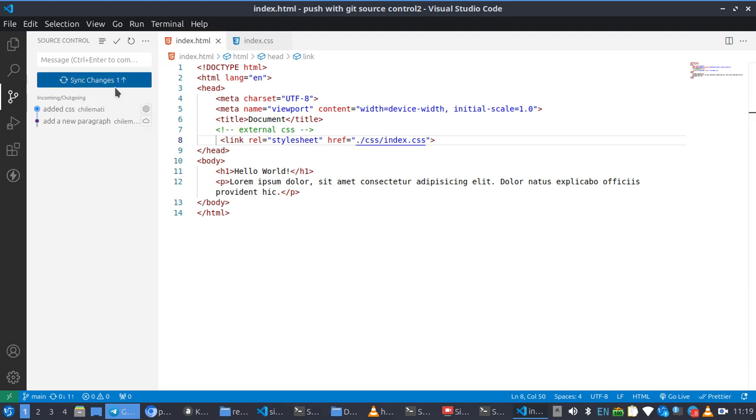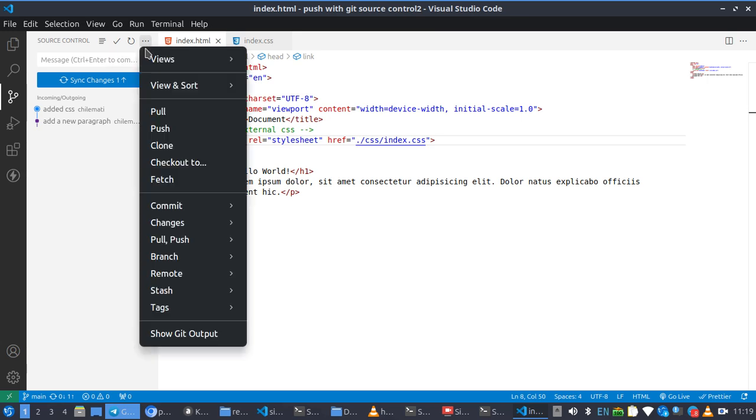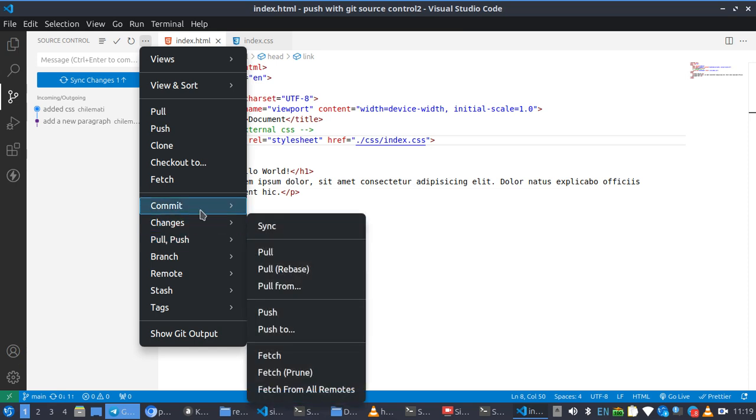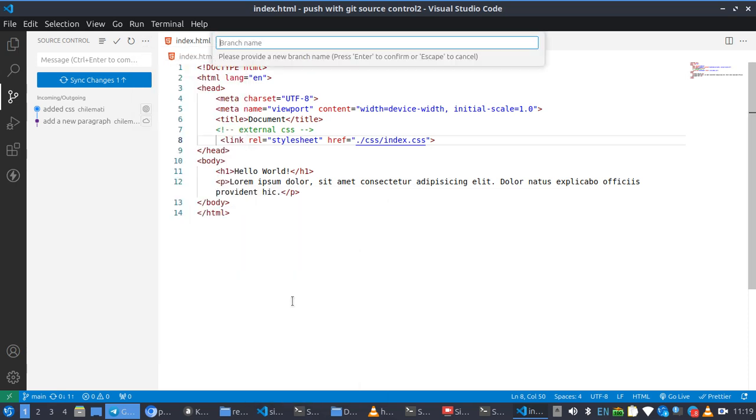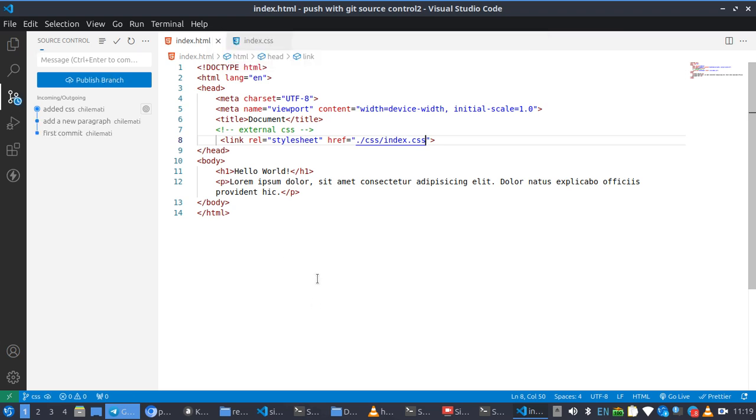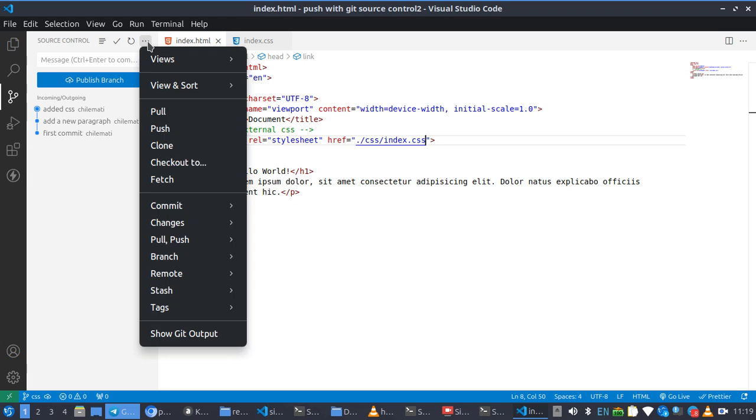Then before I push, now you remember I want to push to a new branch, so I'm going to click on branch, create branch. So I'm going to create a branch called CSS just for demonstration purpose. Then when that is done, we now want to click on this three dot again, then choose